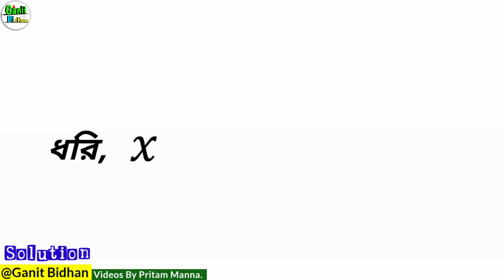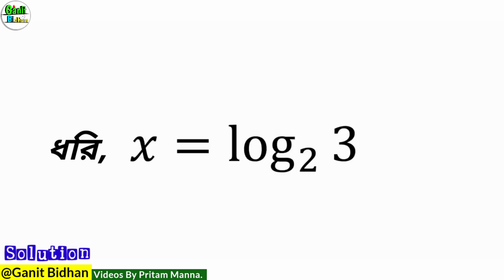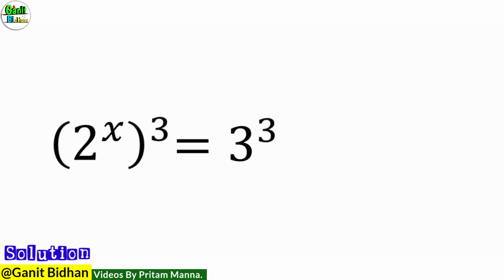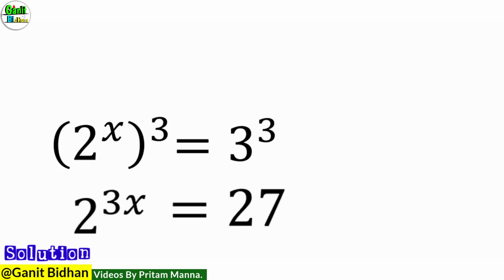ধরি x is equal to log of 3 to the base of 2. By the rules of the logarithms, 2 to the power x is equal to 3. এখন বোথ সাইড কিউব করে পাই (2 to the power x) raised to the power of 3 is equal to 3 কিউব। এখান থেকে পাই 2 to the power 3x is equal to 27 and 27 is less than 32